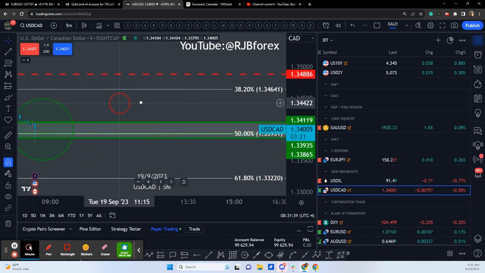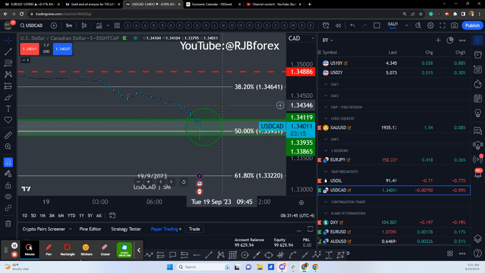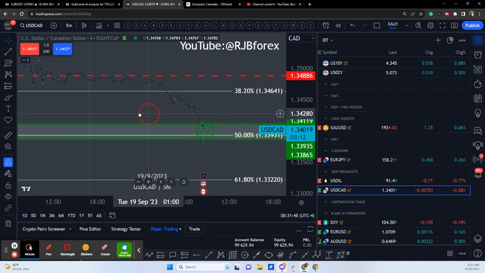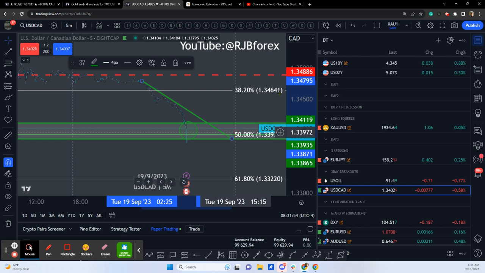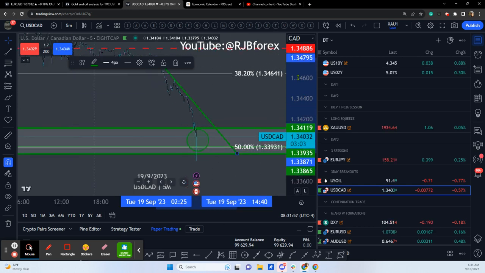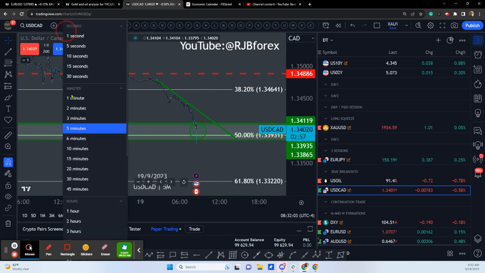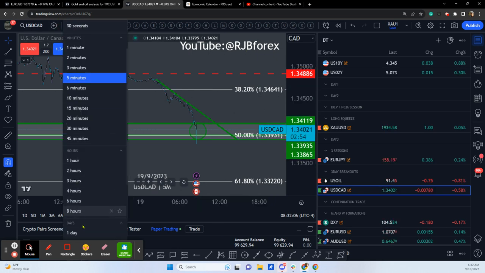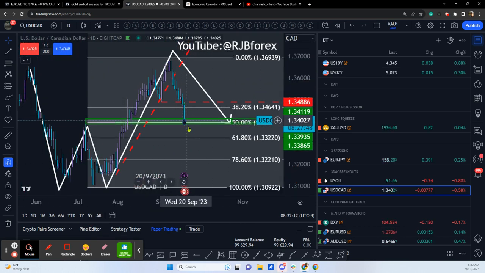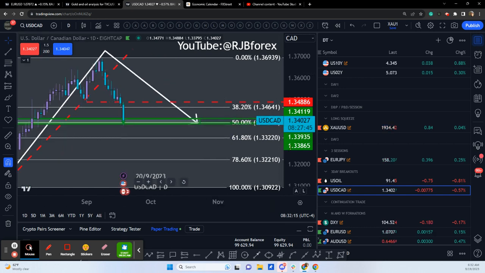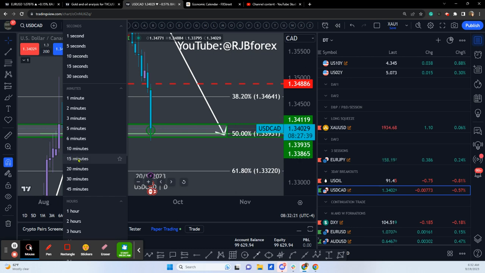I'm not concerned about the data. The data is a catalyst for the knee jerk move, but I'm more concerned about the technical. So perhaps we already were front running this data, and we're going to see a sell the rumor, buy the fact scenario. Just as a reminder, we were in anticipation of the market coming into this demand area, and we're going to be looking for signs of deceleration of this move. So I'm not trading that data.